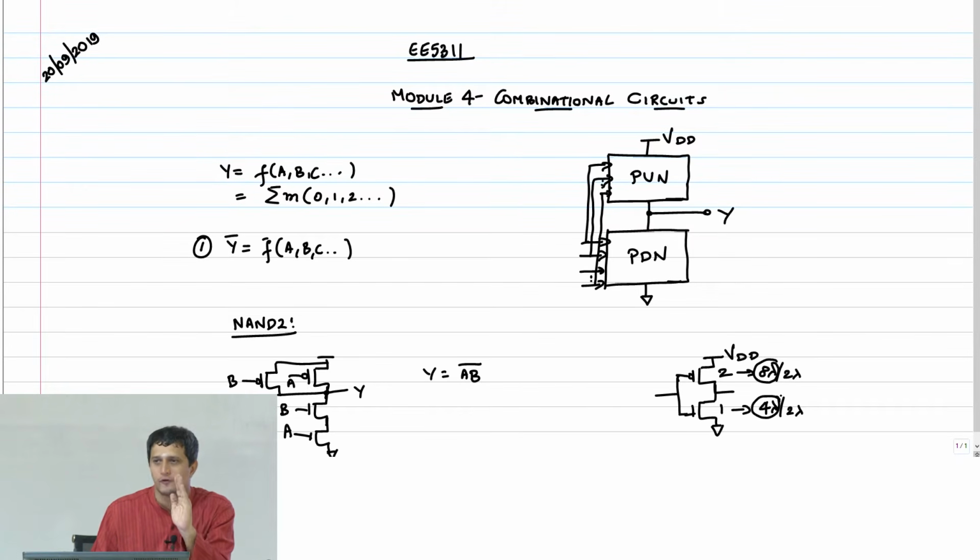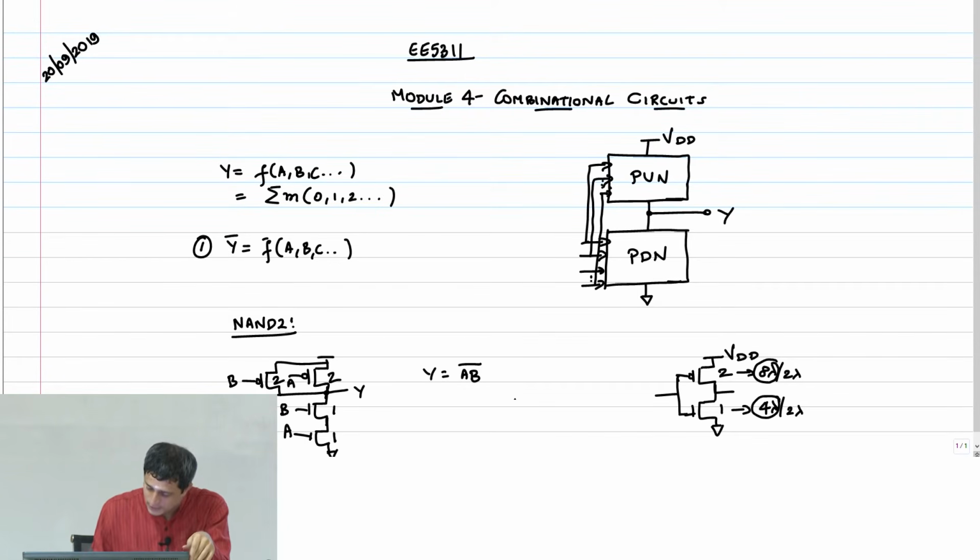Ideally, if area is at a premium, I should keep my area as low as possible. So I would have liked to keep the sizes like this, 1, 1, even PMOS I would have liked to keep 1, but then we saw that because of mobility problems, you have to double it in order to get equal rise and fall delay. So that we made 2, 2. I would have liked to make this 1, 1, 2, 2 for the NAND as well.